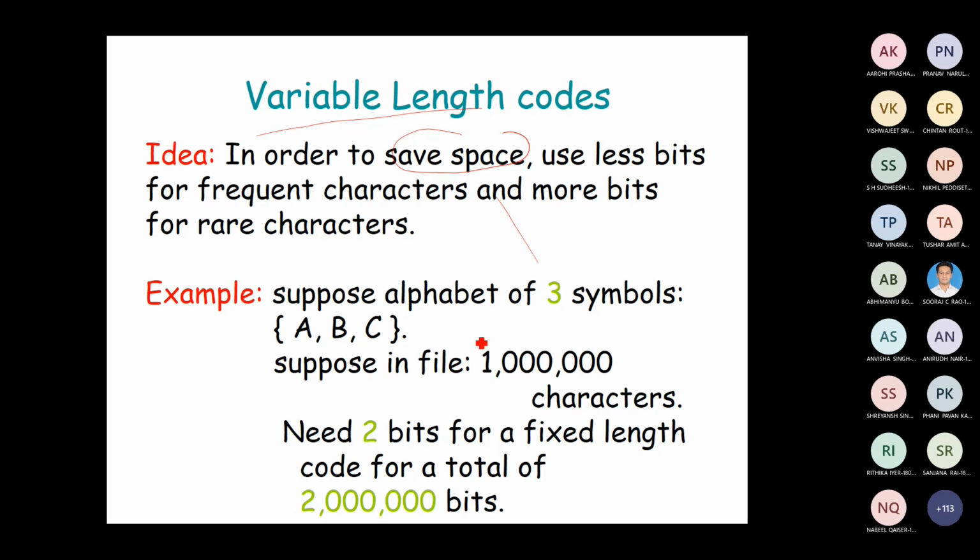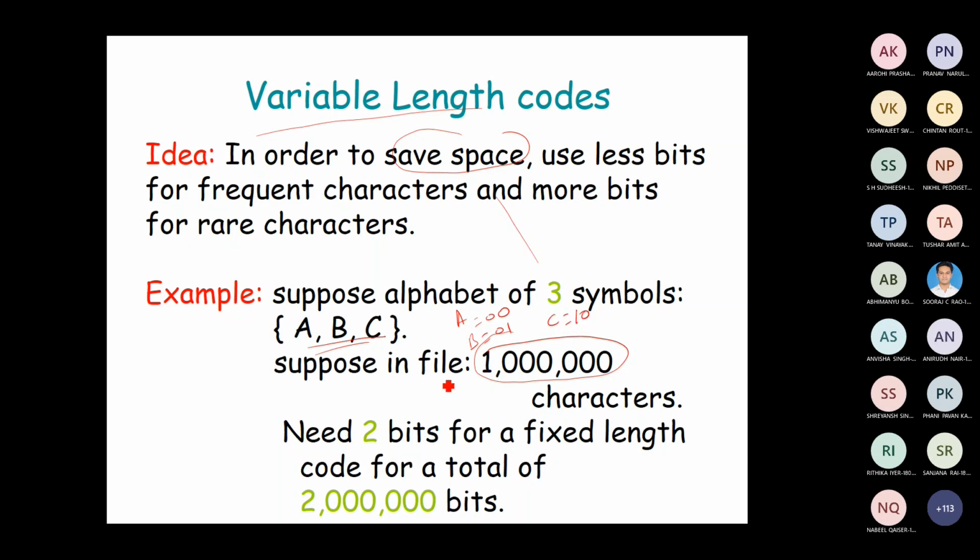Say for example, let us assume that in the given language we have 3 alphabets, A, B, C. Suppose I have information in a file, and the file contains 1 lakh characters. Suppose you are using a fixed length coding, I require 2 bits to represent each and every symbol. Say A is equal to 00, B is equal to 01, and C is equal to